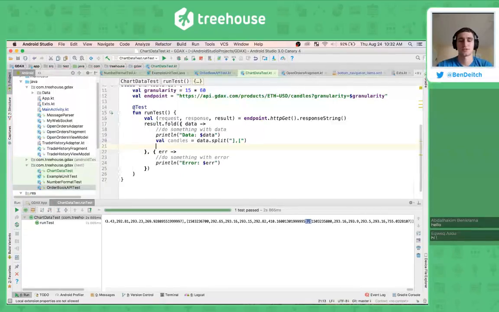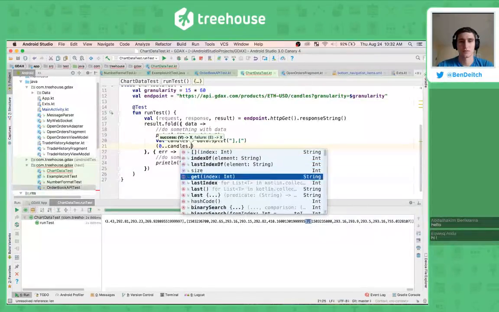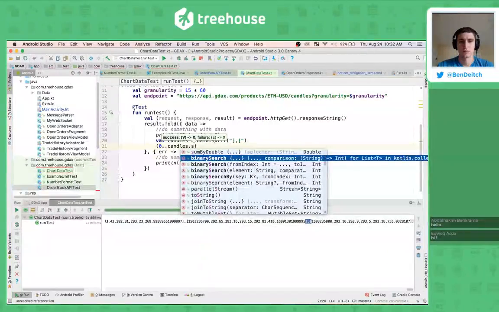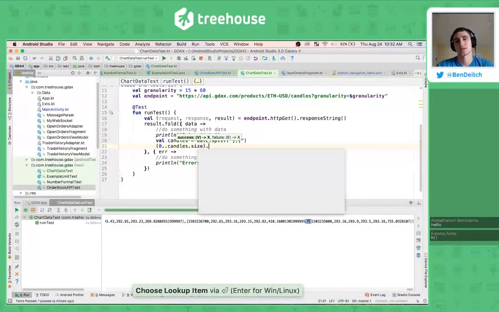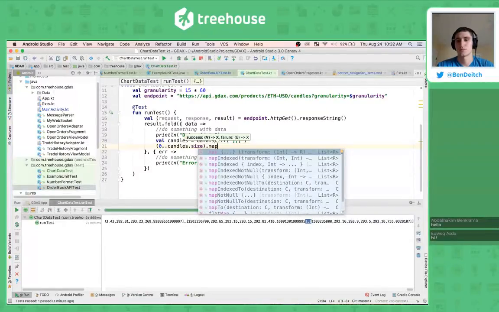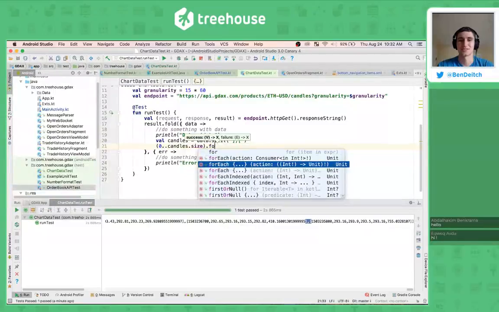And then let's just do candles.forEach, or actually, since we're trying to show things in a different way, we can go 0 to candles.length or size. Yeah, size. Candles.size.map, which I think you can still do forEach, but we can use a map,